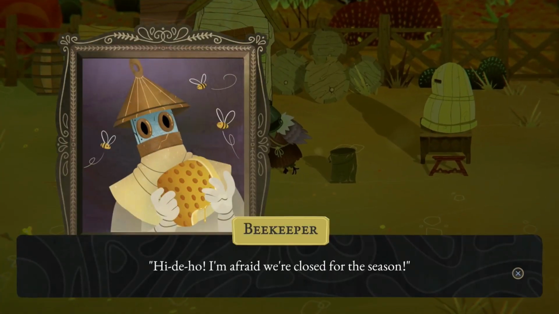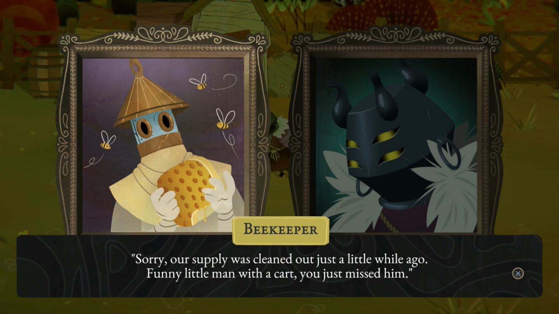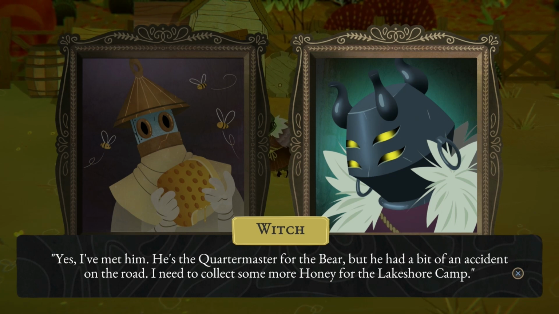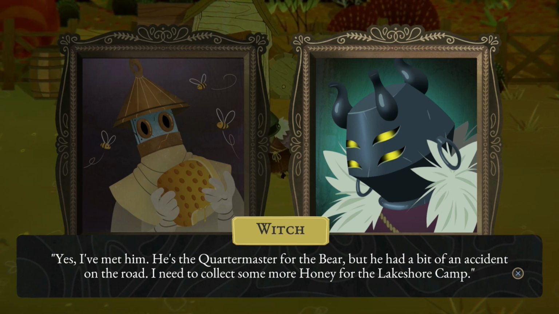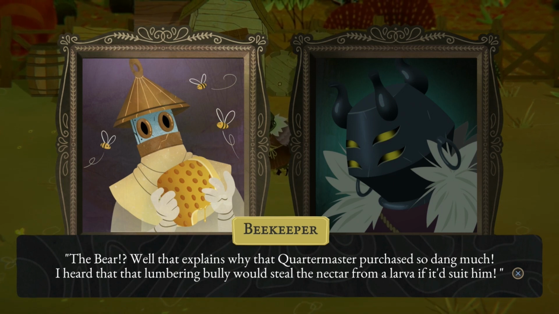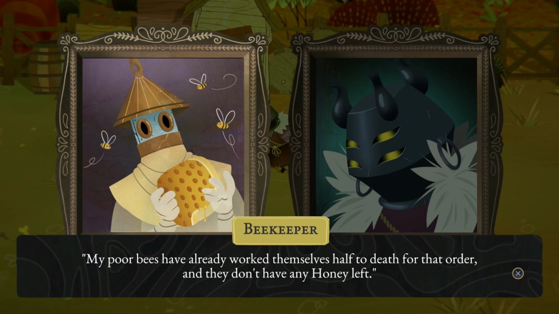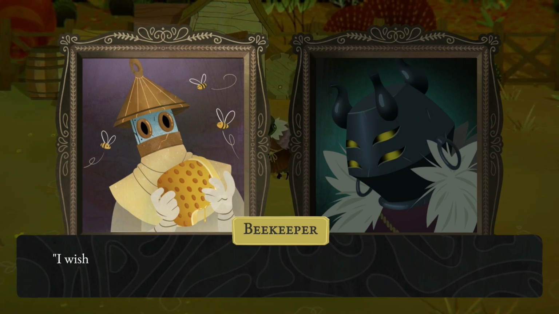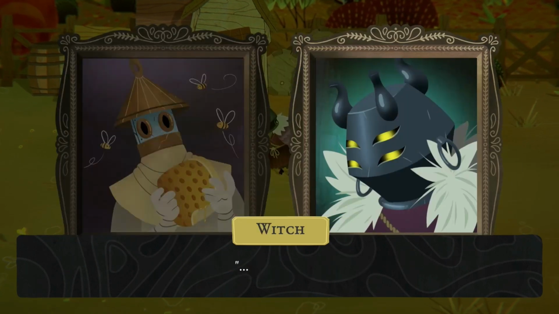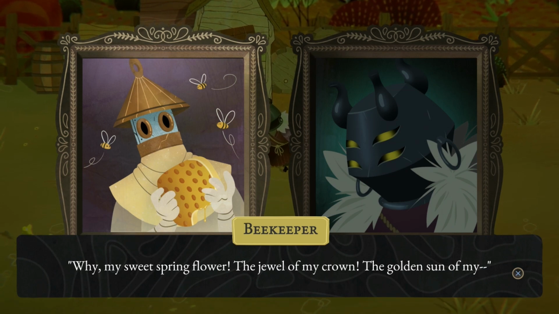Heidi-ho, I'm afraid we're closed for the season. Closed, but I need some of your honey right away. Sorry, our supply was cleaned out just a little while ago. Funny little man with a cart. You just missed him. Yes, I've met him. He's a quartermaster for the bear, but he's had a bit of an accident on the road. I need to collect some more honey for the lakeshore camp. The bear? Well, that explains why the quartermaster purchased so dang much. I heard that lumbering bully would steal the nectar from lava if it suit him. My poor bees have already worked themselves half to death for that order, and they don't have any honey left. Wish I could do something to help you, but the only honey left in the entire apiary is Her Majesty's personal reserve. Her Majesty? Why, my sweet spring flower, the jewel of my crown, the golden son of my...